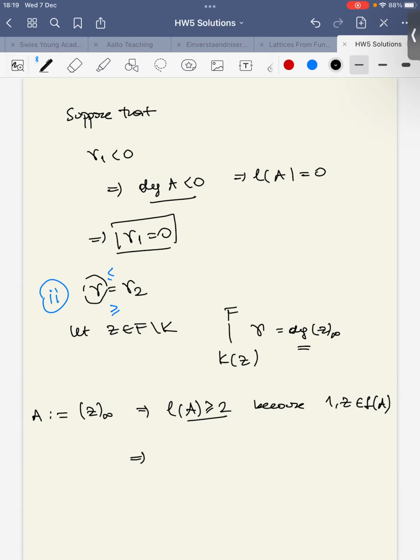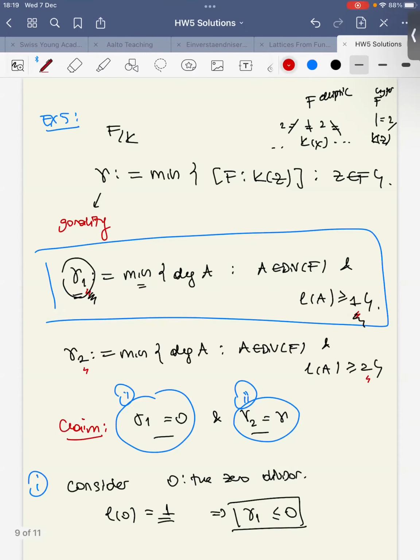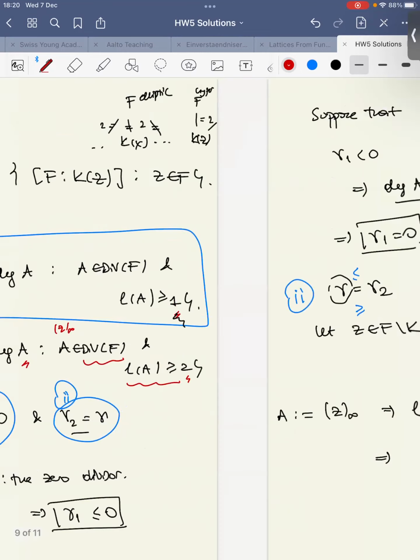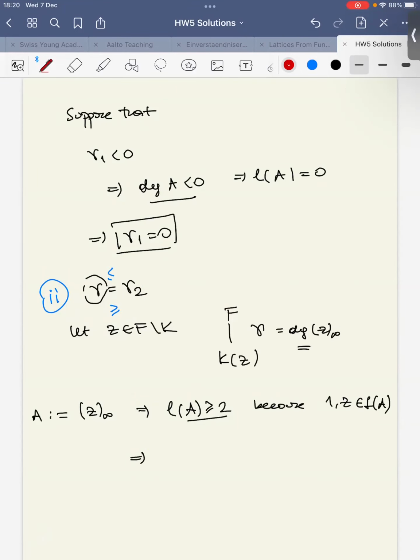And by the definition of the gamma 2, we can say that the Z infinity should be in this set of divisors, and its degree is the gonality by the choice. Then gamma 2 is less than or equal to this degree, and we can prove this first inequality. And for the other inequality,